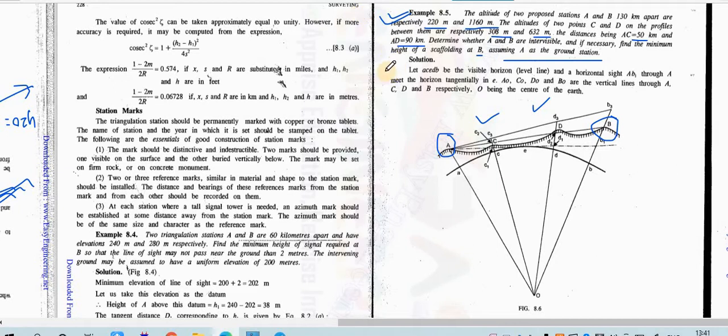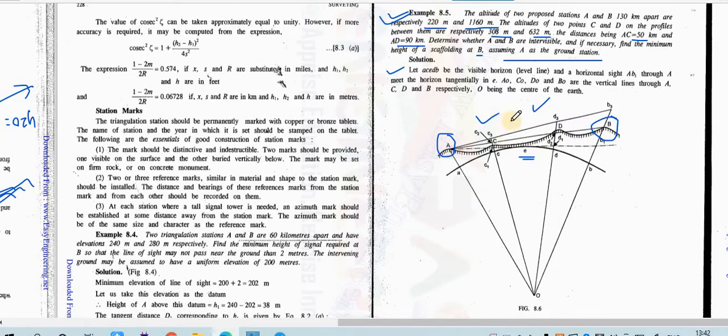The first step is that we have to draw two lines. The first one is your visible horizon line; this point has been indicated as small a, this point as small c. Wherever it is cutting your tangent line, the line of sight, it will be represented as e. This is small d, this is small b. After that, this is the actual line of your theodolite or any instrument which you are using. Whether it is passing from A or not, that we have to check. This is the exact line of your instrument.